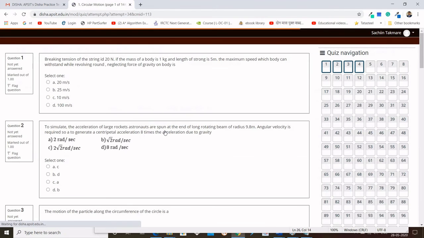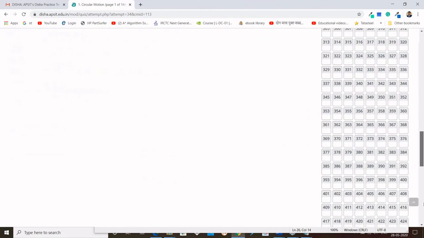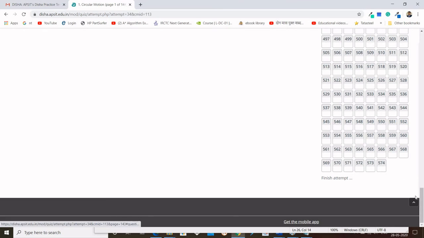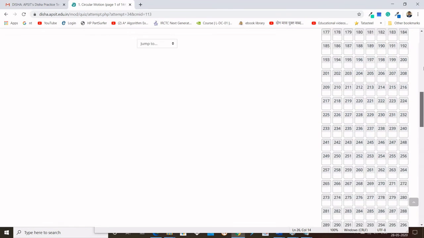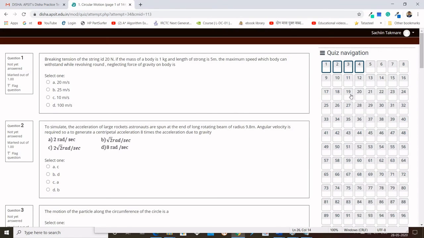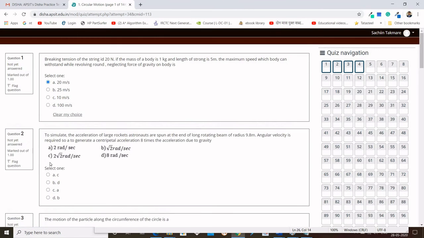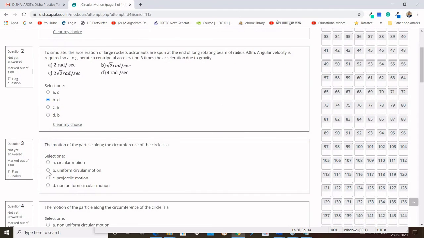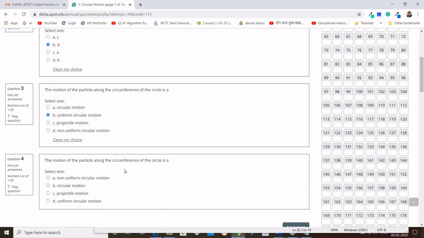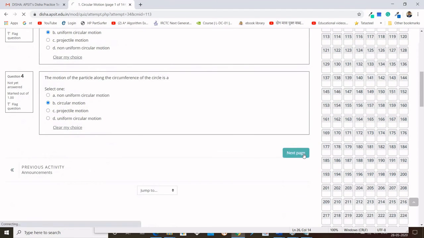So in this circular motion of physics subject there are 574 questions available. This is the quiz, and suppose I want to attempt only 20 questions of this quiz, so directly I can attempt. Here you can get 4 questions on a single page.